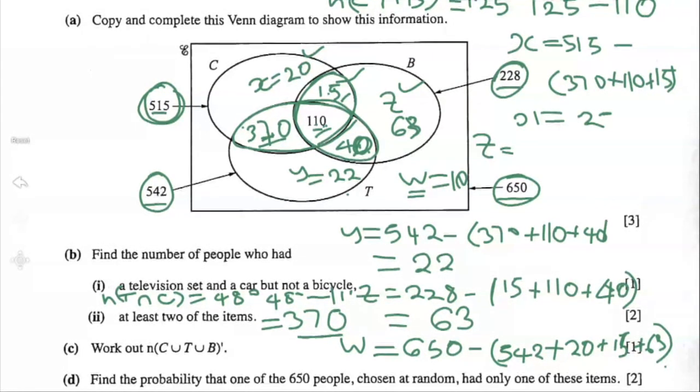Find the number of people with at least two of the items. When we say at least two of the items, what do we mean? We mean it can be two items or even more than two. So to find this number of people, you'll add 370